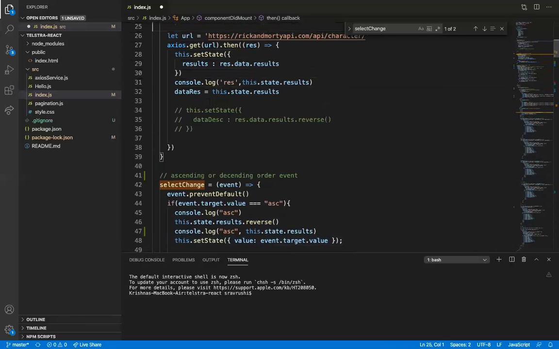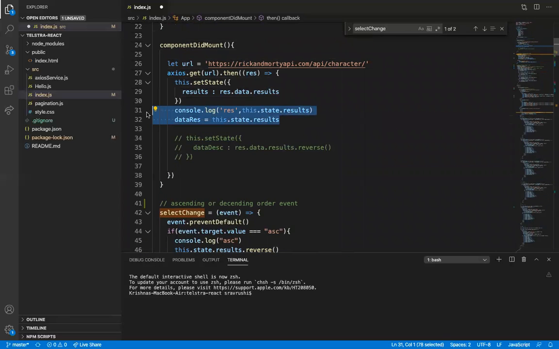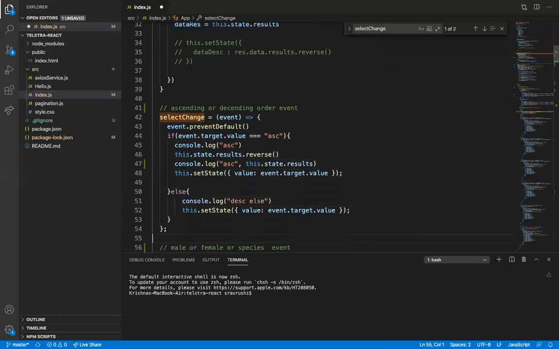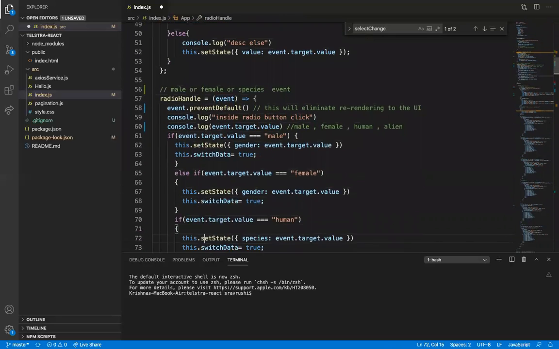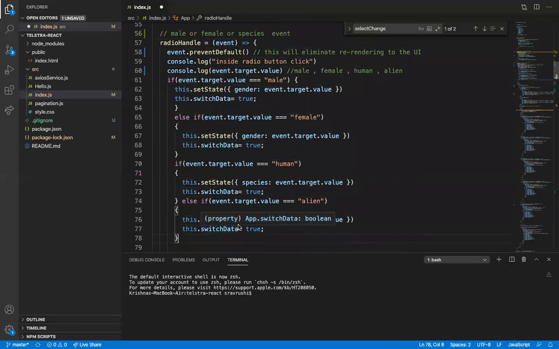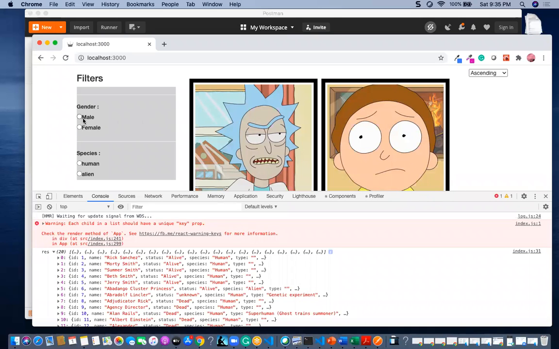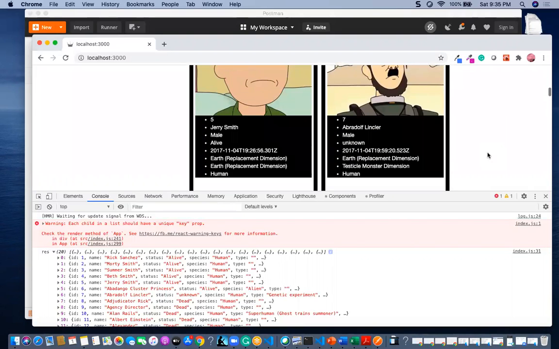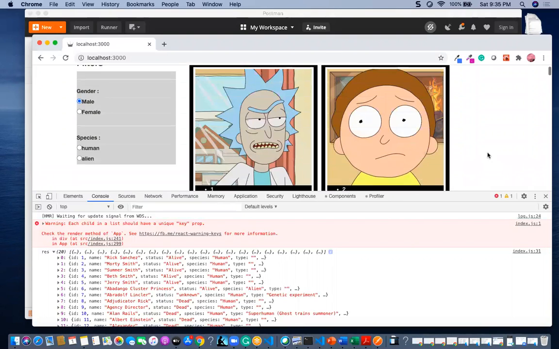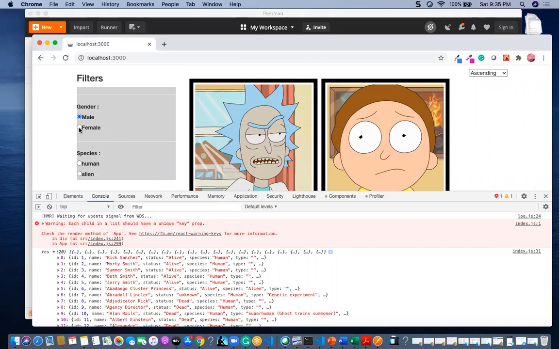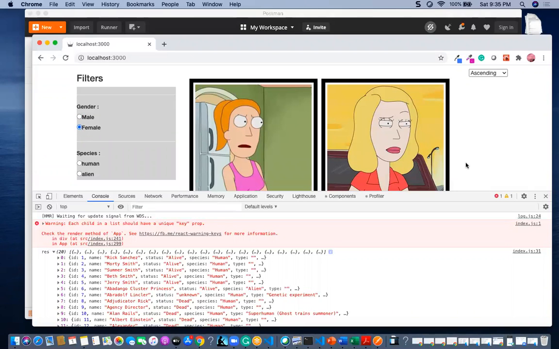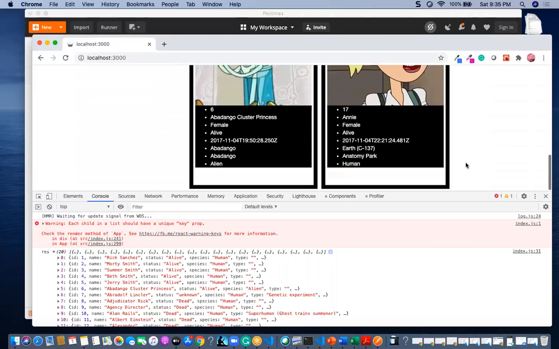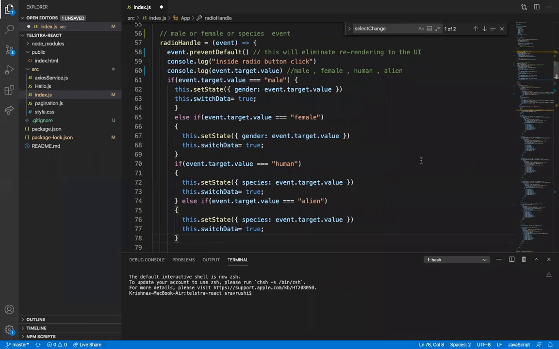Likewise, for the normal data also, I have captured the values. And also, if I am changing the radio button, here the main logic will come. If I am clicking on this radio button, it will have only the male people. If I am clicking on female, I should get only the female people alone in the UI. So that will be handled here.